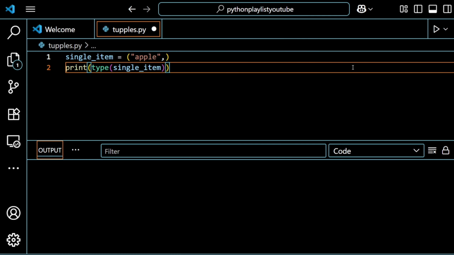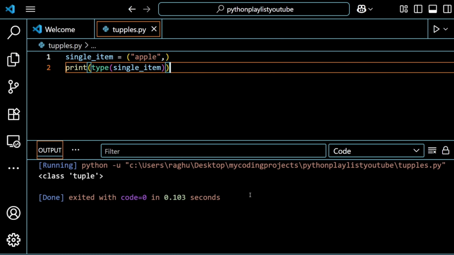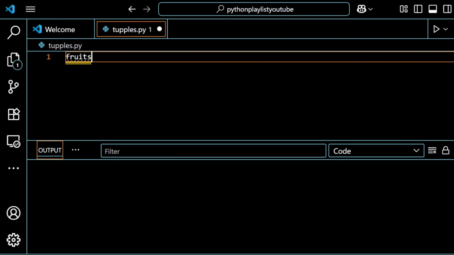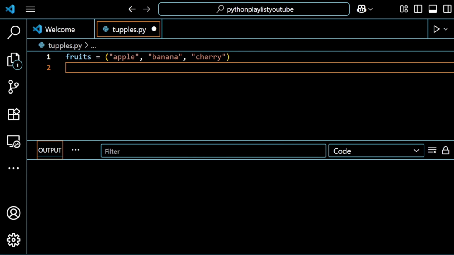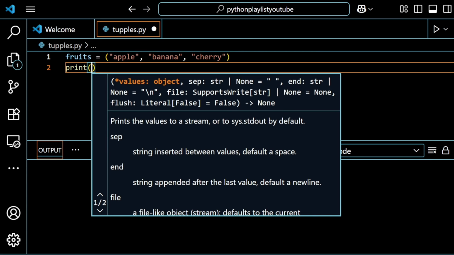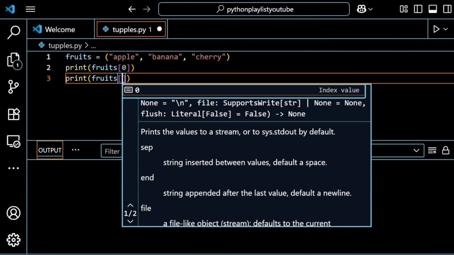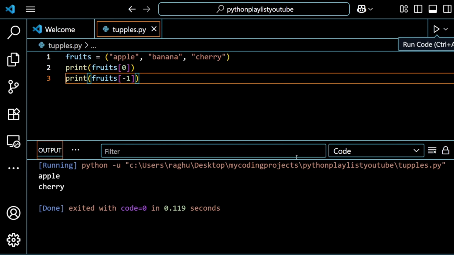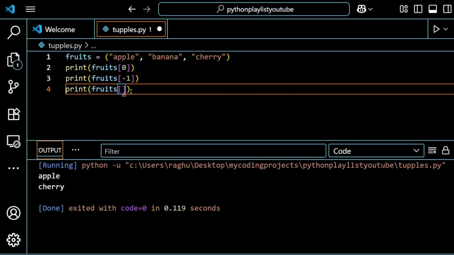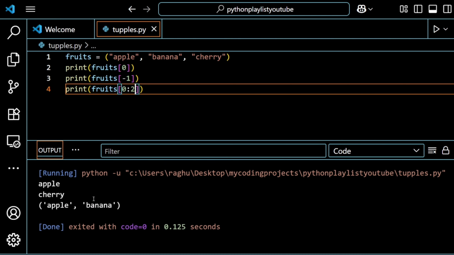Accessing tuple elements. You can access elements using indexes, just like with lists. Indexing starts from 0. print(fruits[0]). # Output: apple. print(fruits[-1]). You can also use slicing. print(fruits[0:2]). # Output: apple, banana